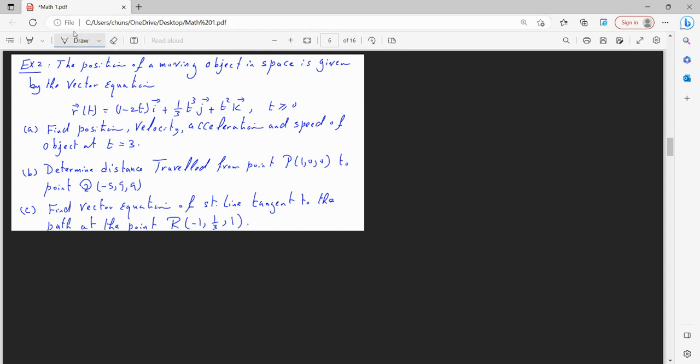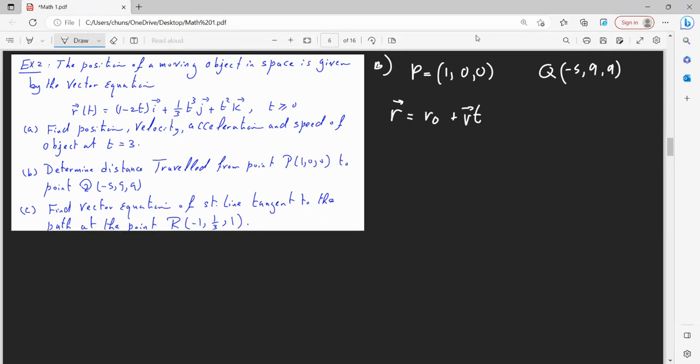I think we're actually apt enough to skip over that one. What I'd like to do is determine distance traveled from point P (1, 0, 0) to Q (-5, 9, 9). So, how do we go about doing this? This is similar to what we just worked with, when we have our point plus velocity times t, or some